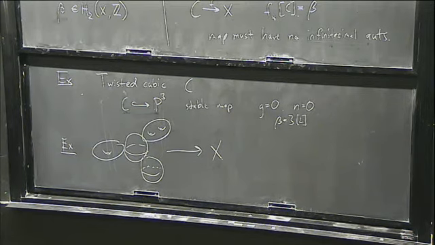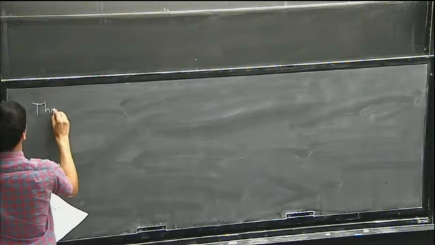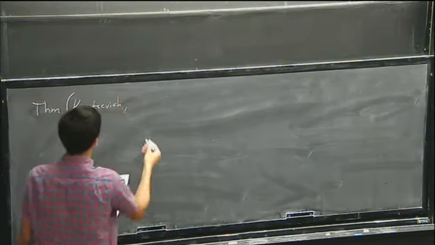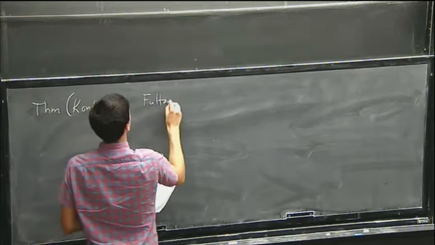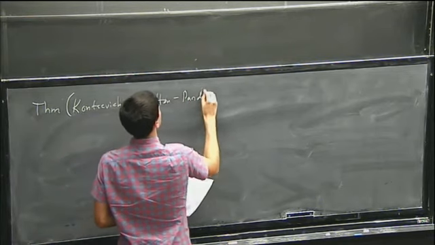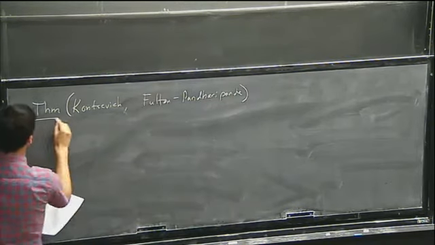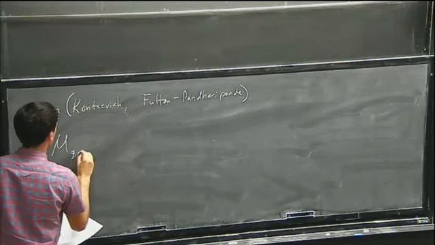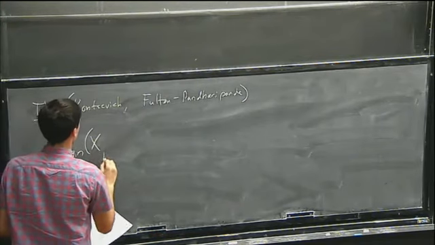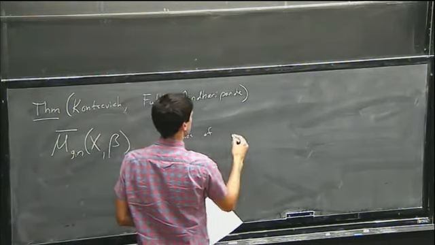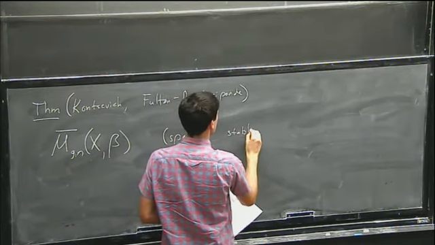So this is a theorem from the 90s of Kontsevich, and then maybe made completely rigorous by Fulton and Pandharipande, that says that the space, which I will denote like this, so this is the space of stable maps with these fixed invariants,